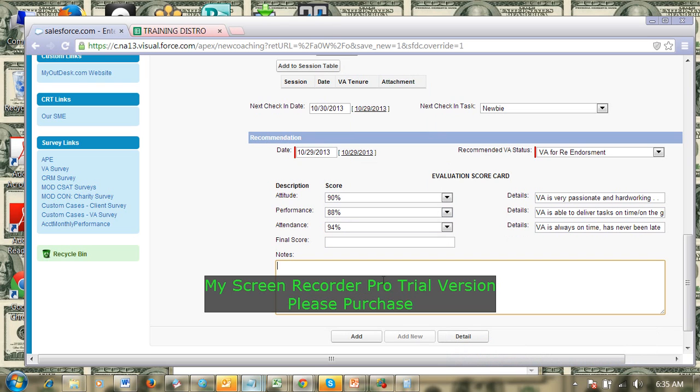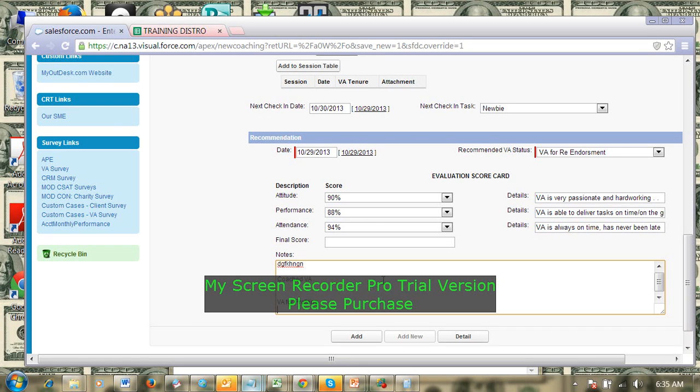And notes. So just the summary, and you may also put here anything that you've done to the VA. Let's say coached VA, etc. And at the bottom part, if there's a need for profiling, so VA for profiling.